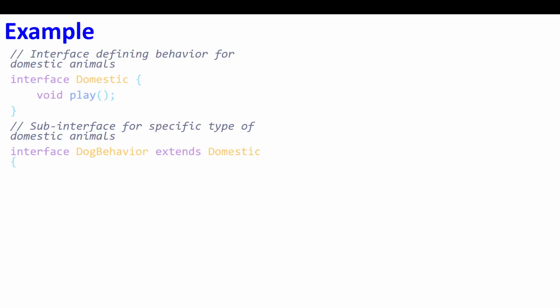Interface is nothing but like a class. It contains only the definition of the method instead of the function body. So here we define the domestic interface. It contains one play method. That can be extended by another interface called dog behavior. Dog behavior extends domestic, which means it acts as a subclass, and domestic acts as a superclass. It contains the dog